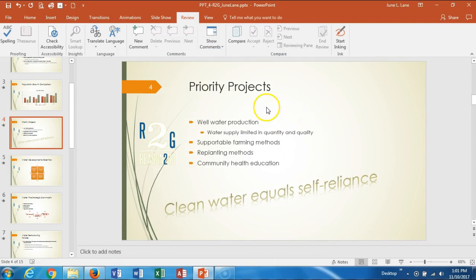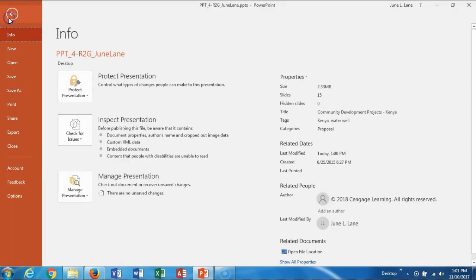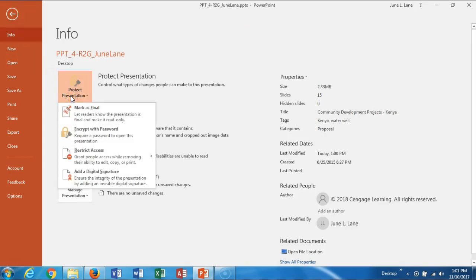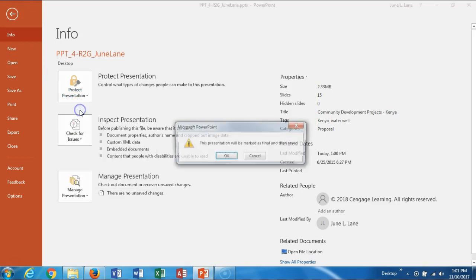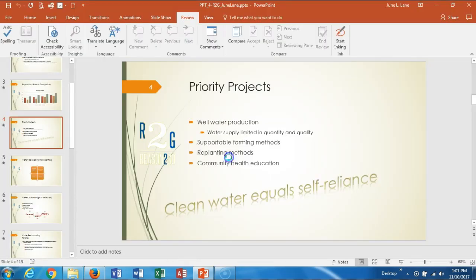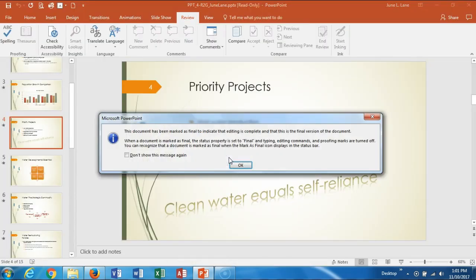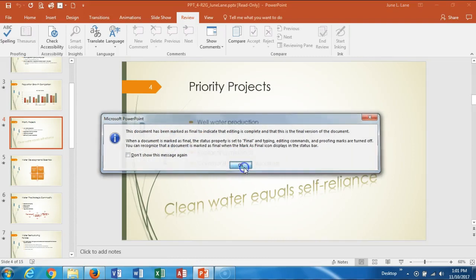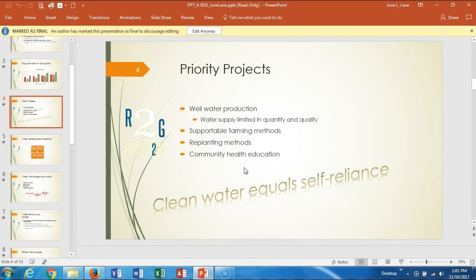We're now going to click the File tab on our ribbon. Now we want to click the Protect Presentation button. And now we want to mark this as final. When prompted, here's our alert box. We're going to say OK. OK again. And now in the Home tab on the ribbon, notice up top here,